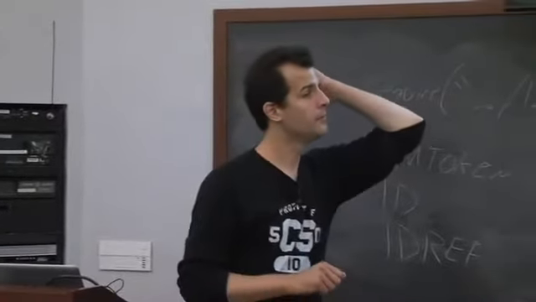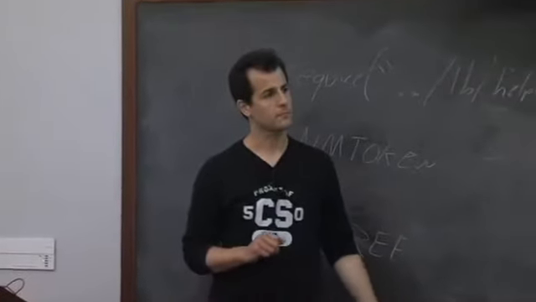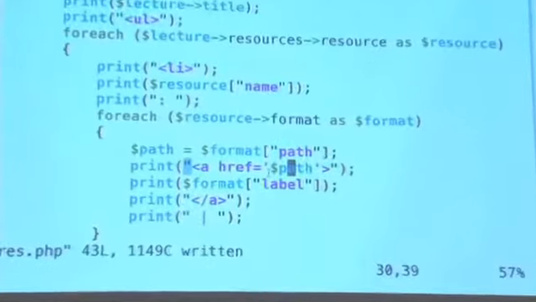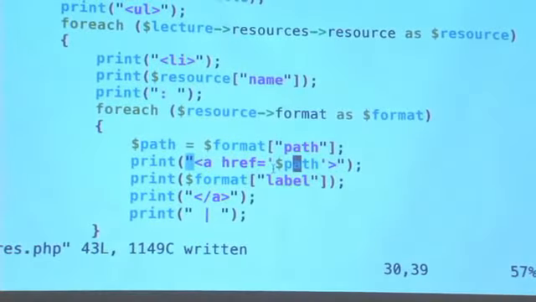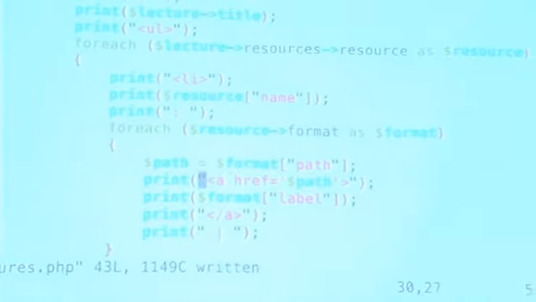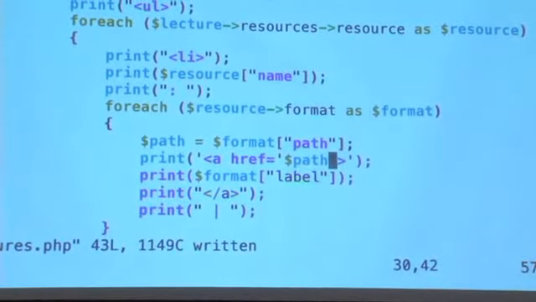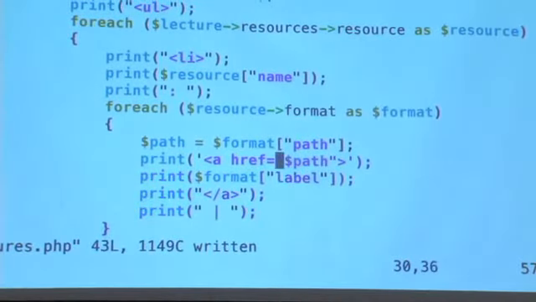Yeah? I'm confused because your variable name is contained within the strong quotes, so how is it getting expanded? The variable name, the most important quotes are the ones on the outside. These innermost single quotes are just literally quote symbols that will be outputted by PHP to the browser. So if I reverse this, it wouldn't work. So if I change this to a single quote, this to a single quote, and this to a double quote,